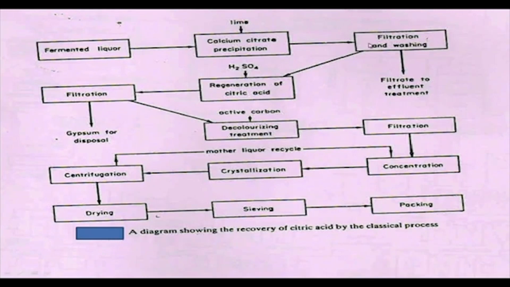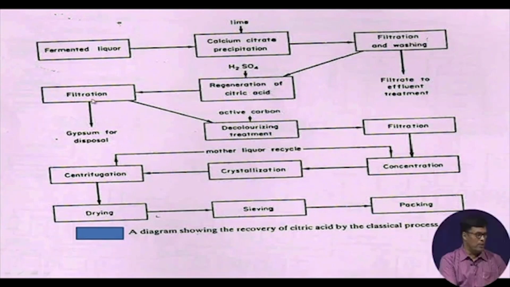Then the solid material, calcium citrate, we treat with concentrated H2SO4. It reacts with H2SO4 and produces citric acid and gypsum, calcium sulfate 2H2O. Calcium sulfate is the insoluble mass. You pass it through the Panavis, the gypsum filter, where we can get the solid gypsum, which is required for the cement industry. And then this filtrate contains the citric acid,